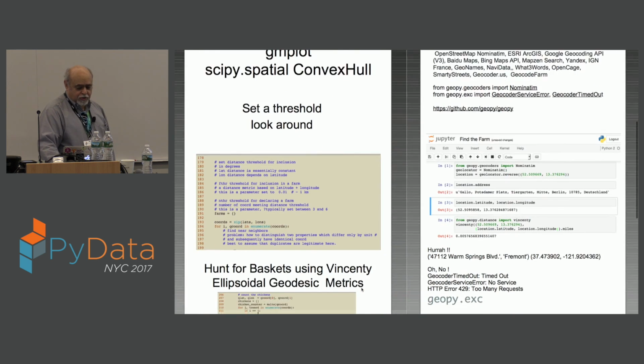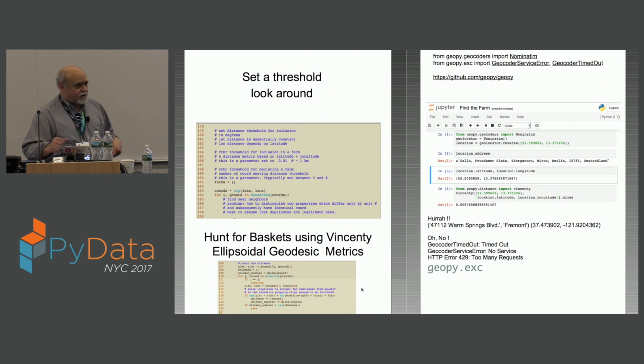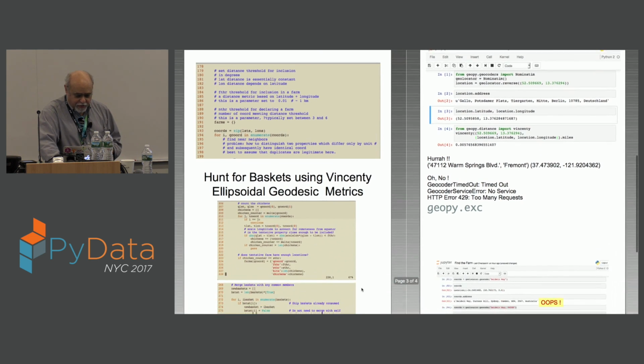So what we'll do is we'll set a threshold, we'll look around, we'll try to see things that might go together, the notion of clustering. What goes together in terms of realtor transactions, both on the listing side and on the selling side. The selling agent is what the realtor who's associated with the buyer is called. It's a little backwards in terminology, but it makes sense from within the industry.